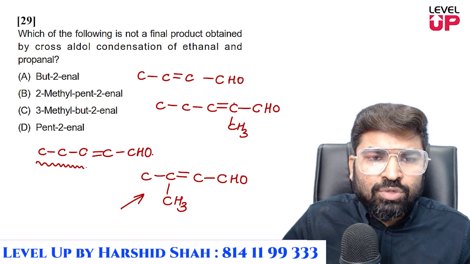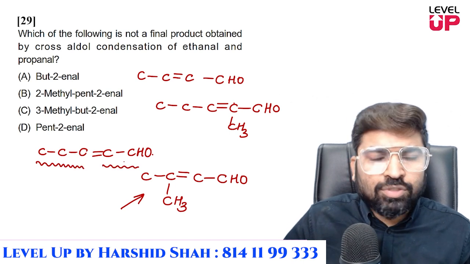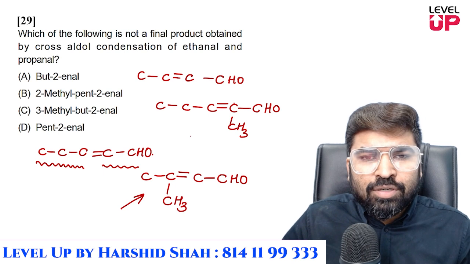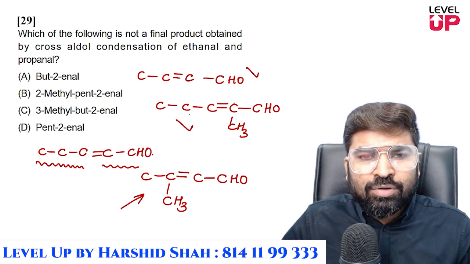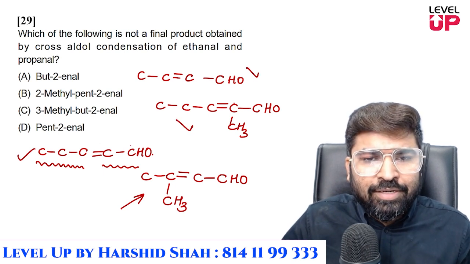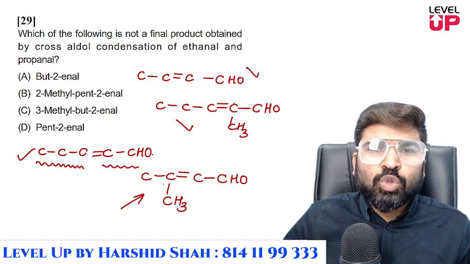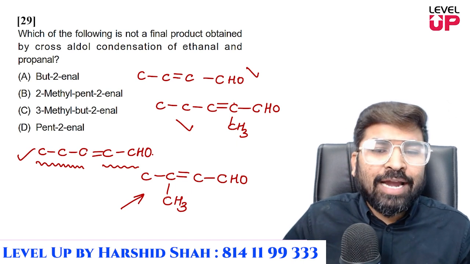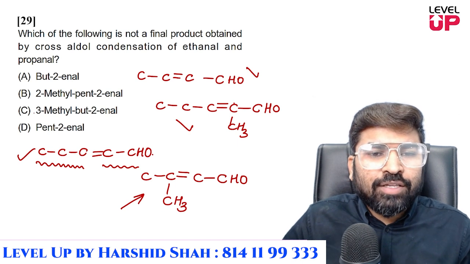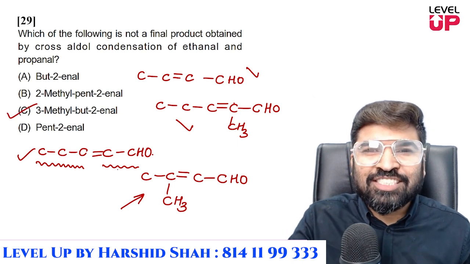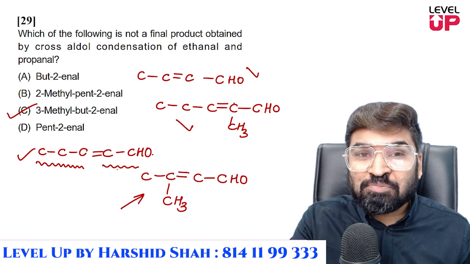CH3, CH2, CHO, प्रोपेनाल एंड इथेनॉल, यहाँ पे पॉसिबिलिटी है। सो 5 कार्बन ये पॉसिबल है, 4 कार्बन और ये सब पॉसिबल है, लेकिन ये पॉसिबल नहीं है। दिस वुड बी फ्रॉम एसीटोन एंड इथेनॉल। सो यहाँ पे आपका आंसर है 3 मिथाइल ब्यूटूइनॉल, ऑप्शन सी। क्लियर?